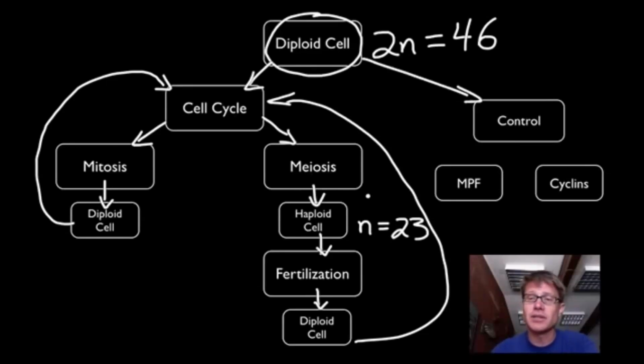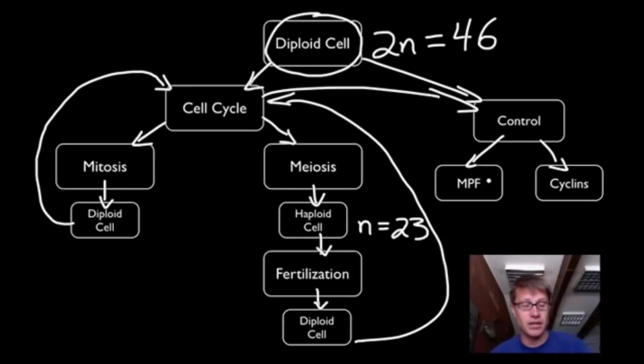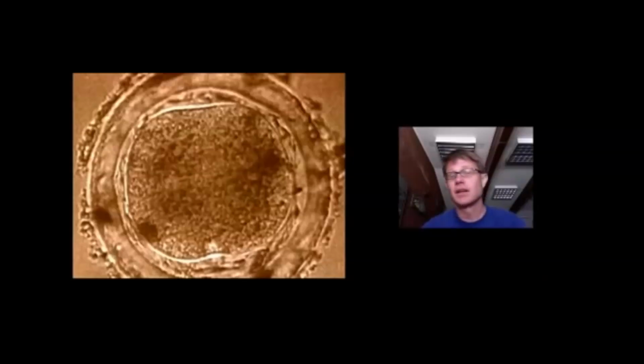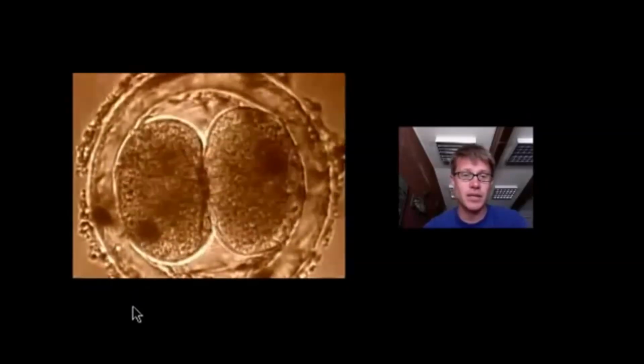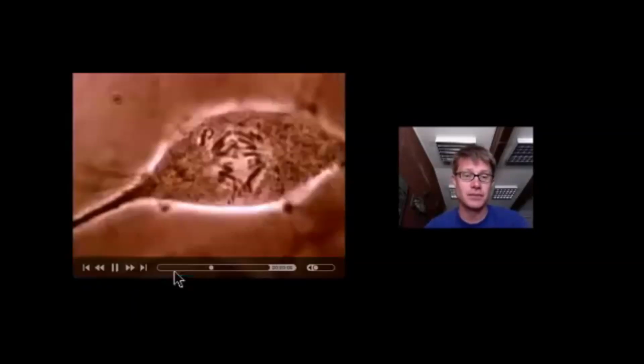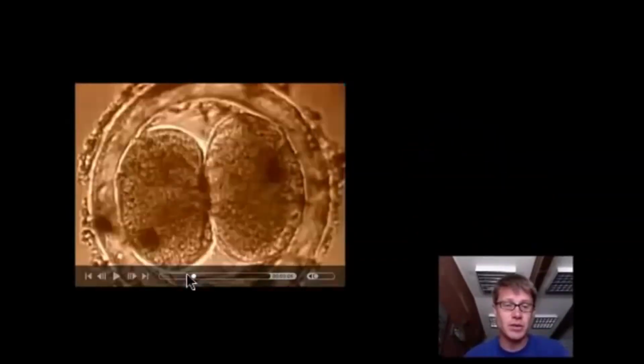I also in this video want to talk about how we control the creation of diploid cells, and how we use cyclins. An example of that would be the mitosis promoting factor to control the cell cycle and where it is and where it's headed next. Now, if you're talking about the cell cycle, the best place to start is with videos of actually cells dividing. And so this is a cell undergoing division. So we start with one cell, and it makes an exact copy of itself.